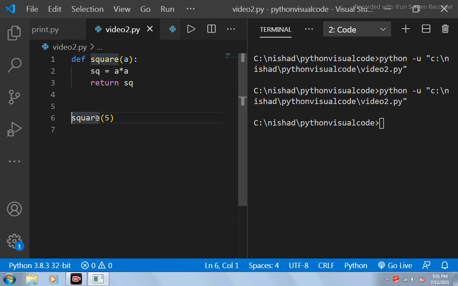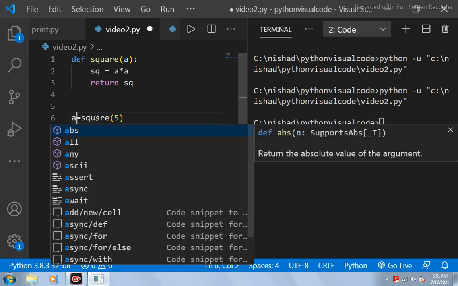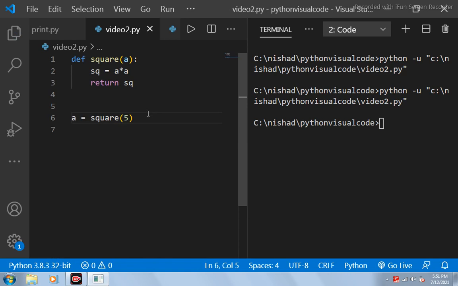So if we do this equal to a, the function returns the square of a number with the help of the return statement to the caller. Then that square is stored in computer memory, and we have given that memory a name, a. So it is getting stored in the variable a.